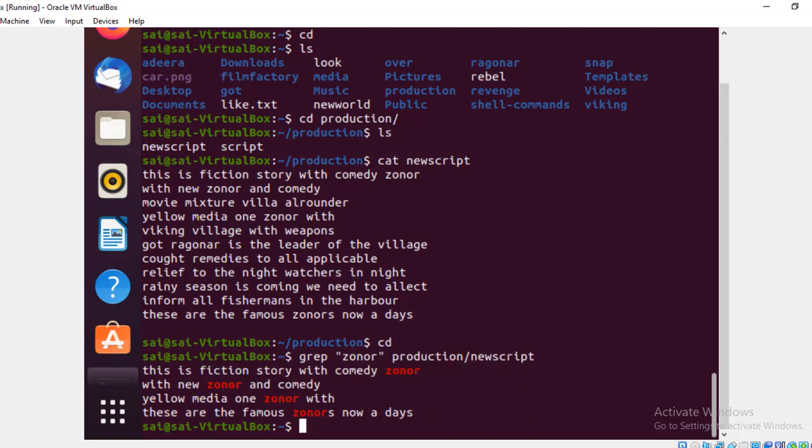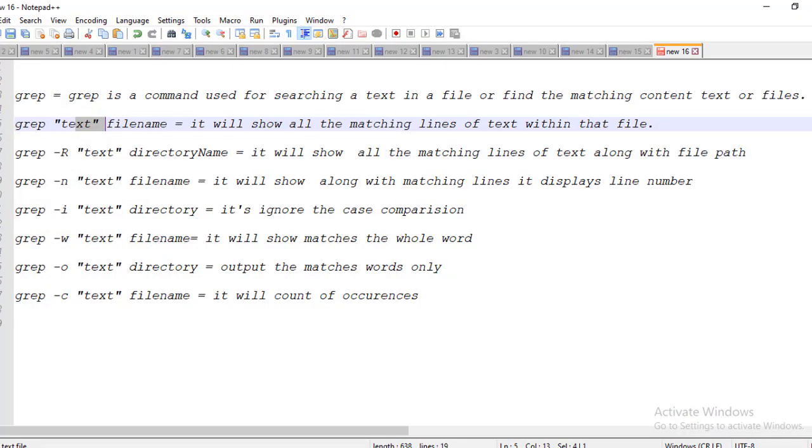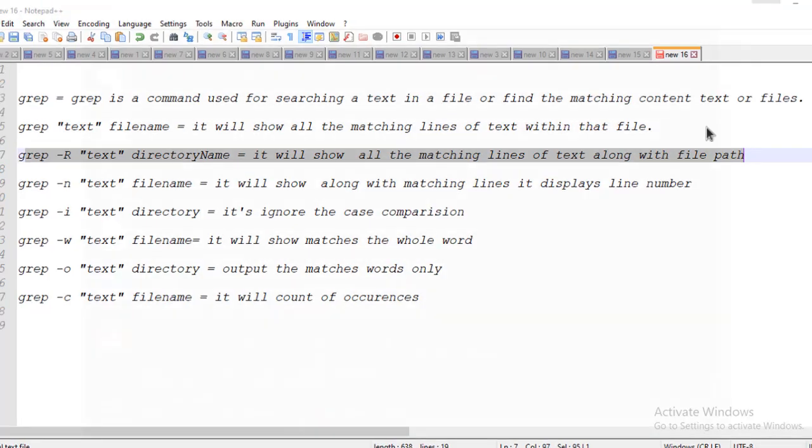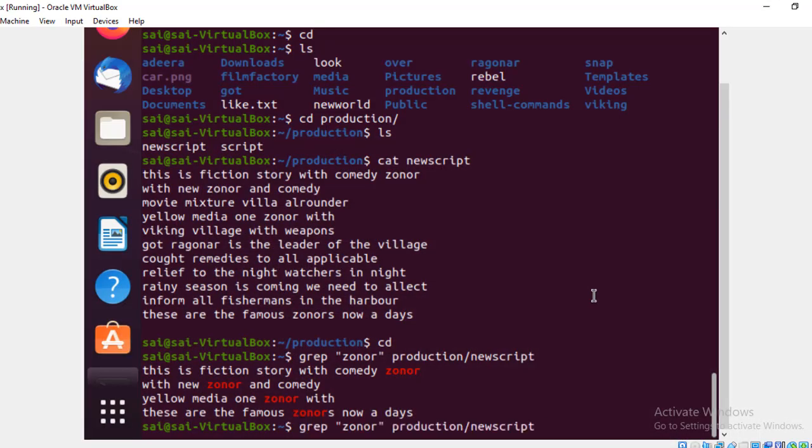So I'll move to another command, -r. It will show you the matching lines of the text along with the file path. So here, this is the command I just modified.